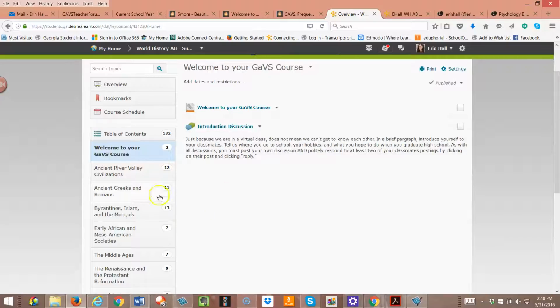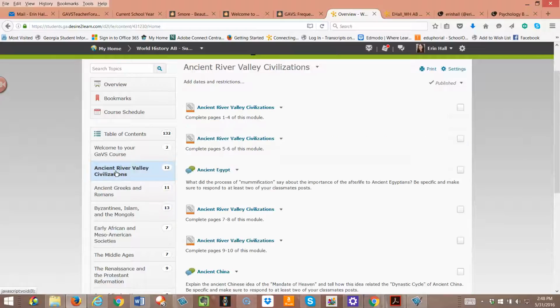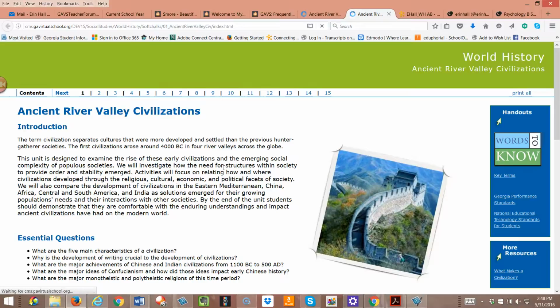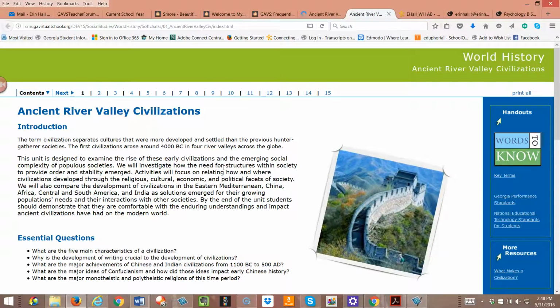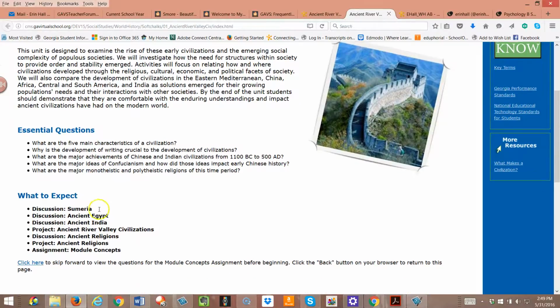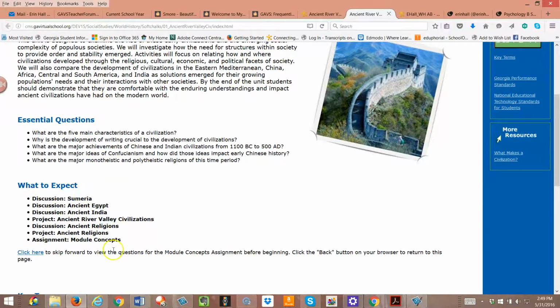And from there, I will start working in the Ancient River Valley Civilizations unit. To do that, I'll simply click on the link, and then I'll go to the top of this page and click on Ancient River Valley Civilizations. This is going to take me inside the content pages. It's important that you work through these pages every day and read all the information that is listed. You'll want to read your introduction, the essential questions, and you'll always find what to expect,